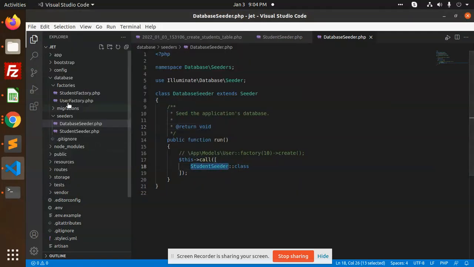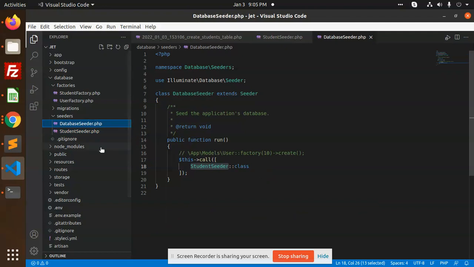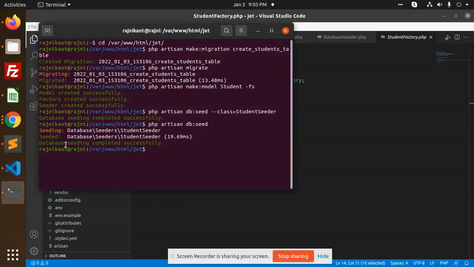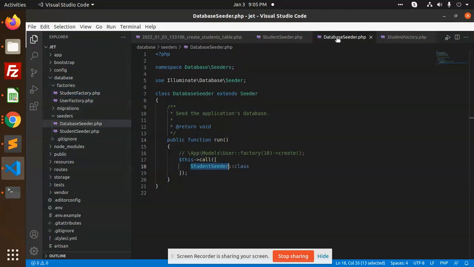This we have done. Now refresh this table. We have the student seeder, database seeder, student factory, and in the database we have seeders. This will insert that command.